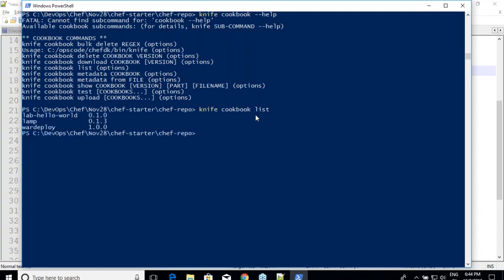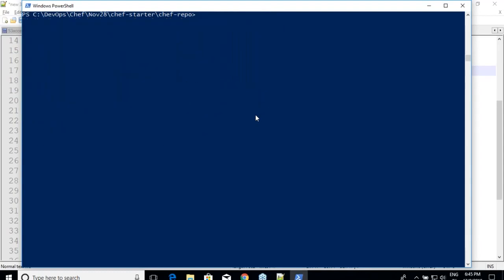You can try completely writing your own, but Chef has not done. So we have 3 cookbooks, and these are all the versions. And if you want to know further about this cookbook, you can use some more options. All right. I am not getting into all of this. So you wanted command line, so you need to at least understand that there is some trouble around it. Okay. Fine. Whatever it is.